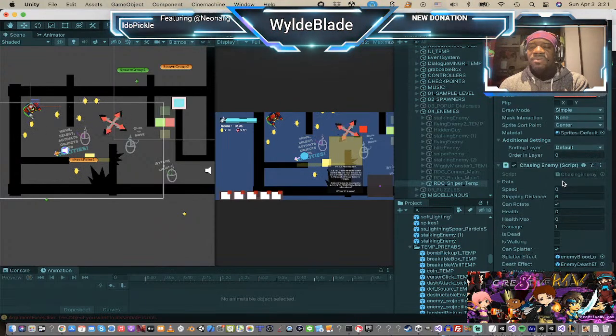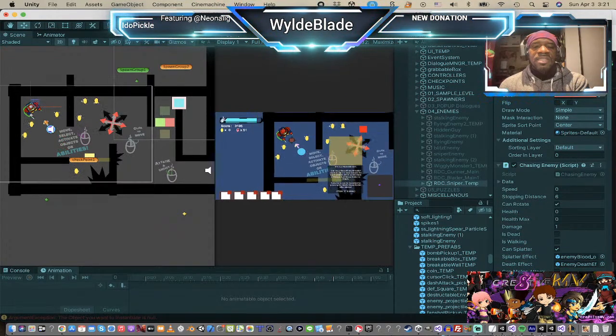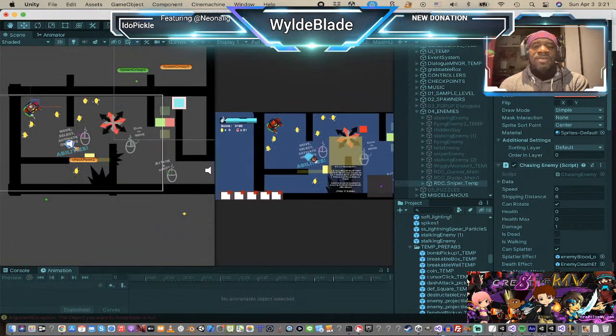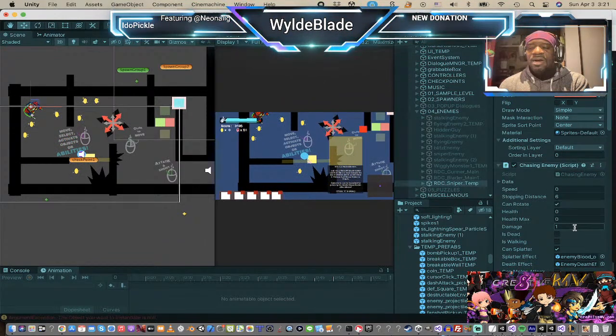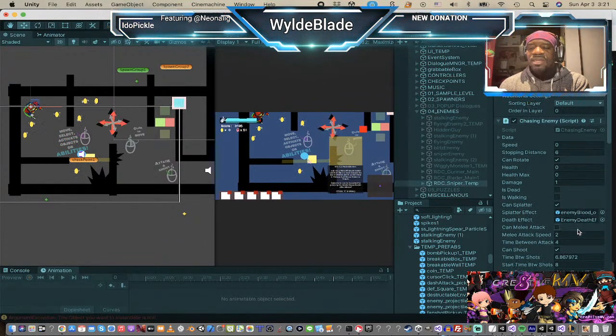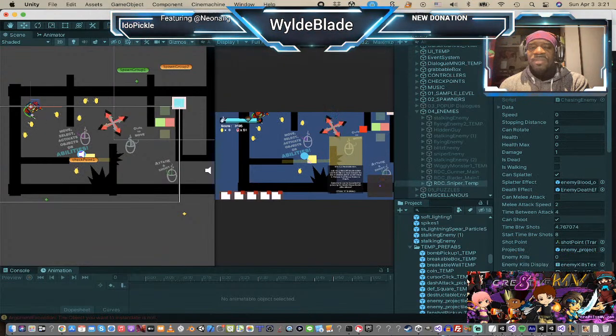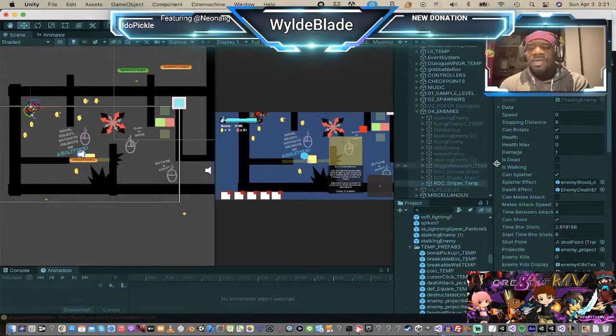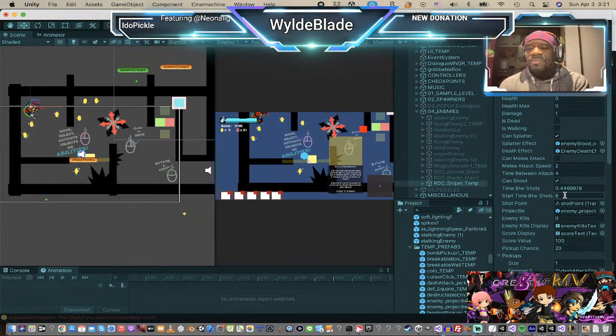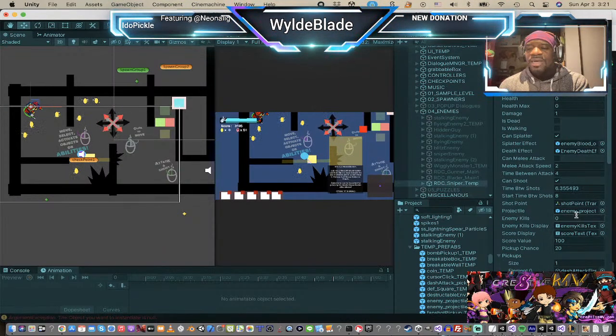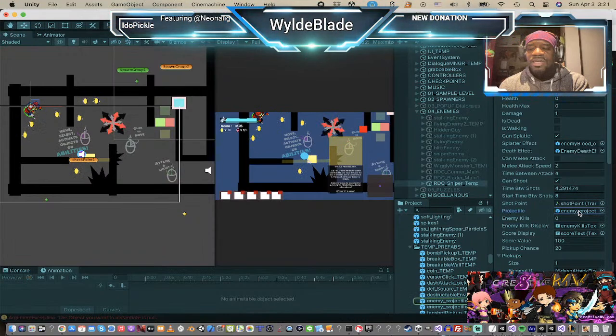his speed is set to 0. And he's got a stopping distance of 6, so even if I get close to him, he's not really gonna be able to do anything, so he can't melee attack me or anything. He's trying to walk, but he's not going anywhere, and we'll fix that later. So right now he's not really shooting at me, so I'm gonna go ahead and change